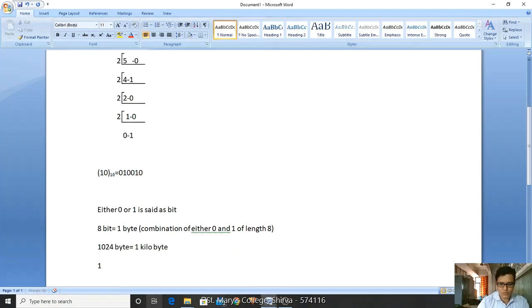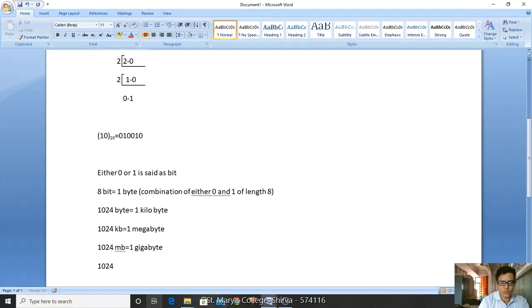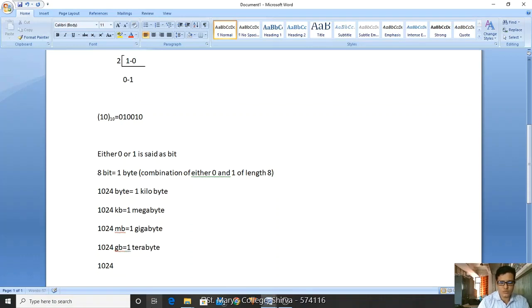Suppose 1024 kilobytes is equal to 1 megabyte. 1024 MB is equal to 1 gigabyte. 1024 GB is equal to 1 terabyte. 1024 TB is equal to 1 petabyte.